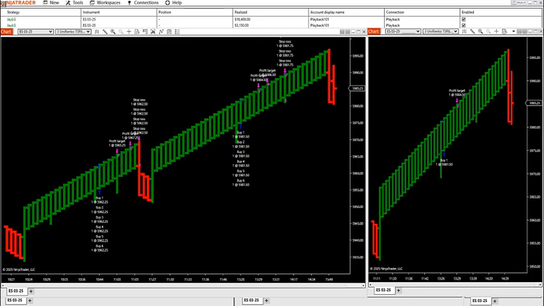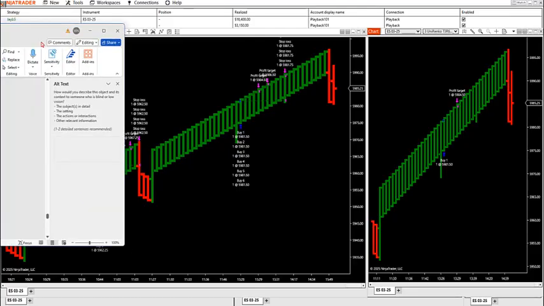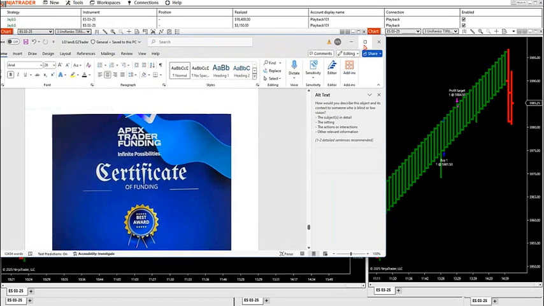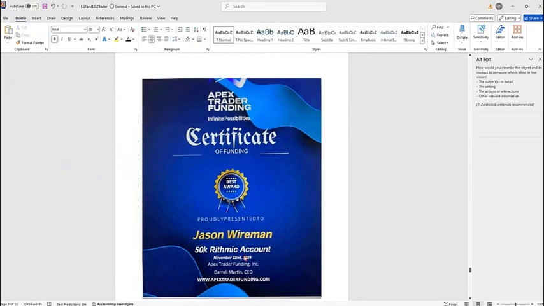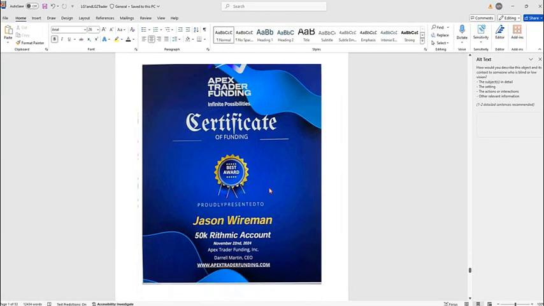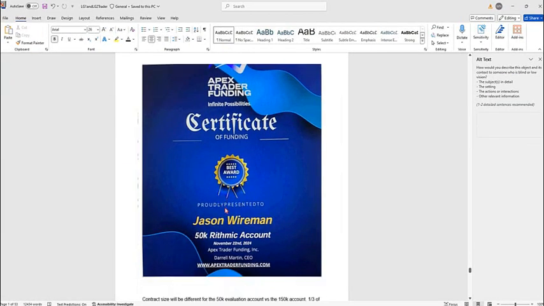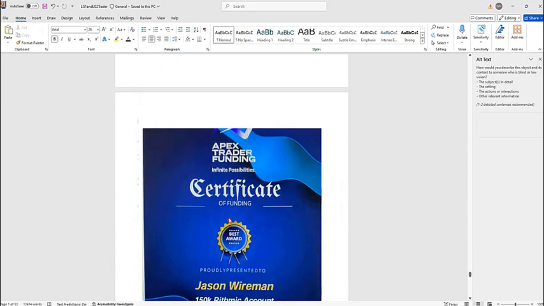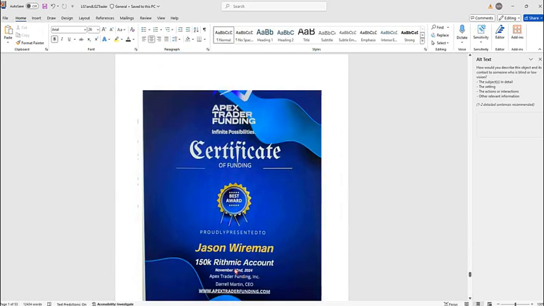You not only have that, you have your consistency rule. You have the reward to risk. So when this was passed, and I'll get this PDF out to all you guys, this 50,000 account, you don't want to trade the same contracts as you would trade the $150,000 account. So the one thing that I'm going to educate you guys about,